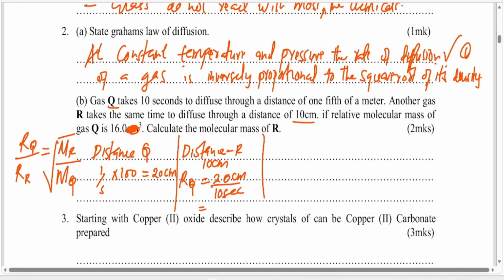So here I'm getting 2 centimeters per second. That is the rate of gas Q. Then looking at the rate of gas R, I'm going to have 10 centimeters divided by, we were also told that another gas R takes the same time, so it's going to take again 10 seconds. So in this case, I'm going to have 1 centimeter per second. So in this, I can now, using the relationship,